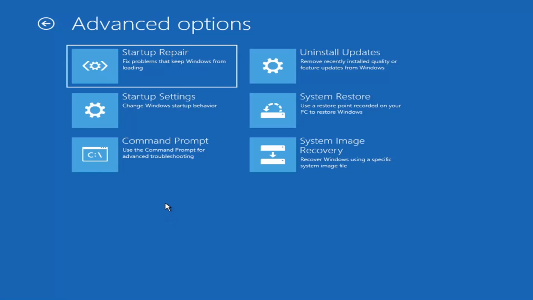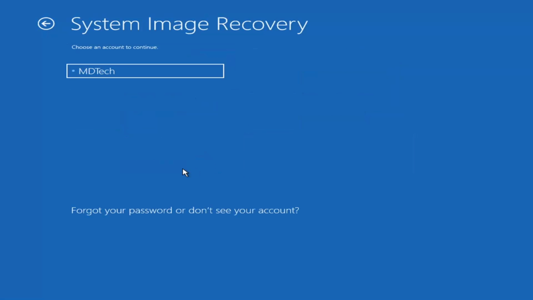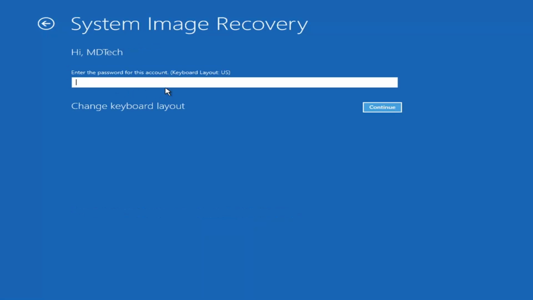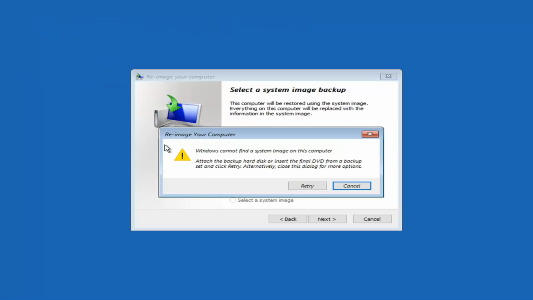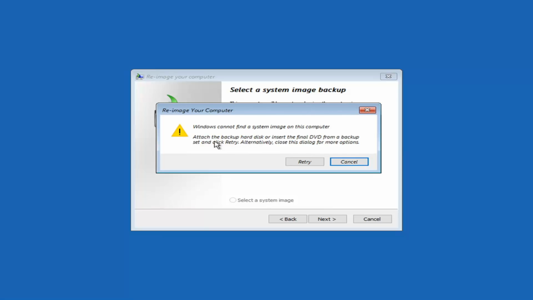Another thing too, you can try the system image recovery option, which if you have a saved CD or DVD of a backup, you're welcome to do that. It's more common if you had an older version of Windows, like the Windows 7 backup and recovery option. Not as common, most of you probably don't actually have that here, but I will just go ahead and type it in, select continue. Actually, I think I don't even have a password on here. And anyway, you can see there's no system image on this computer,